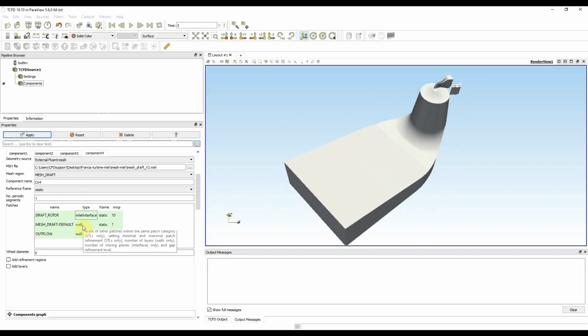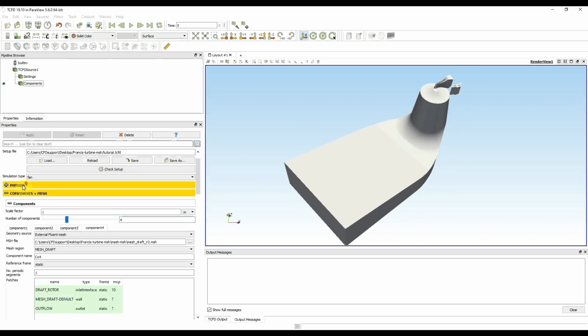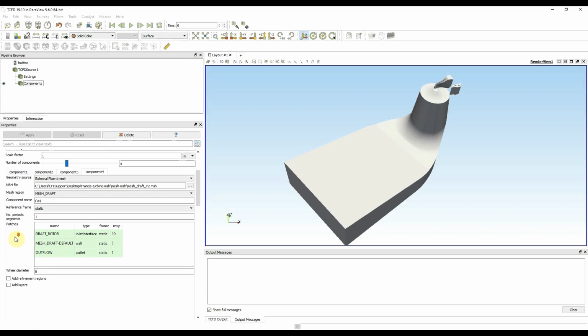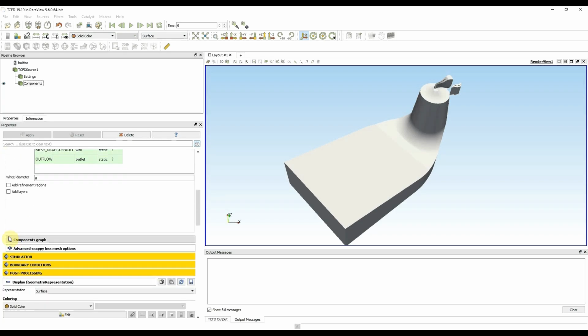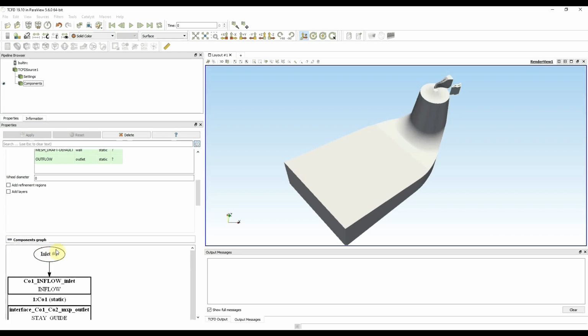Then the mesh draft tube default is wall. I don't need to change it, and outflow is outlet. Now my mesh is complete. I press apply to apply the changes. I press save to save the changes, and to check that my geometry is really complete,